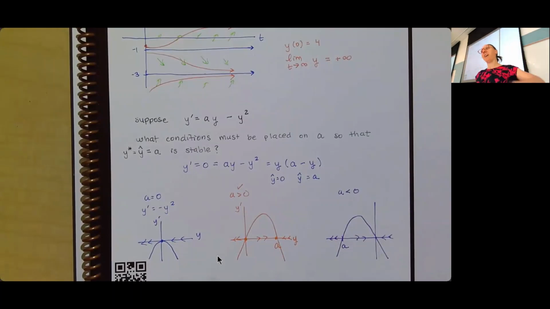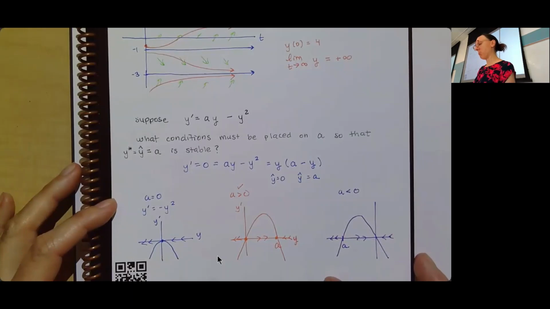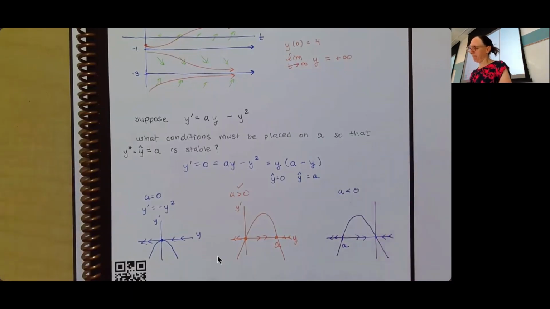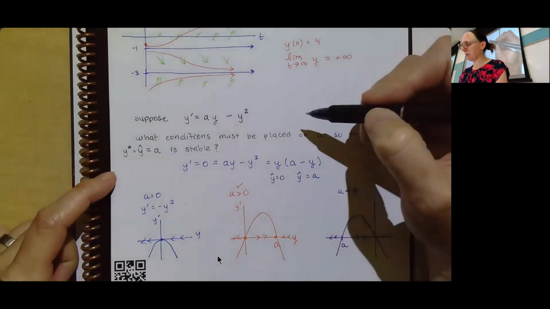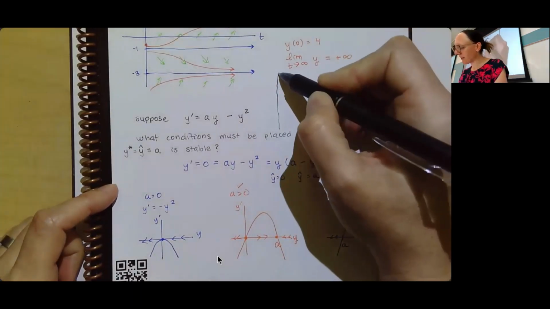I don't know if that completely got at what you were hoping to work through. If we were going to do this off of the stability criterion, we could work through it that way also. I have unfortunately run out of space on my page, so I'll squeeze it in over here. So if I were going to do this based on the stability criterion,